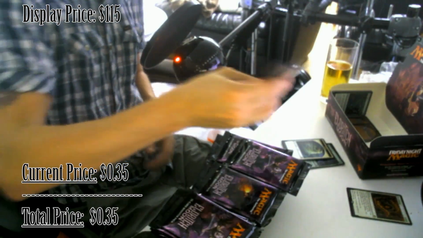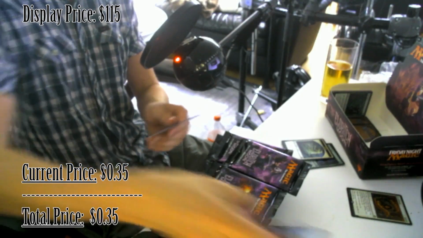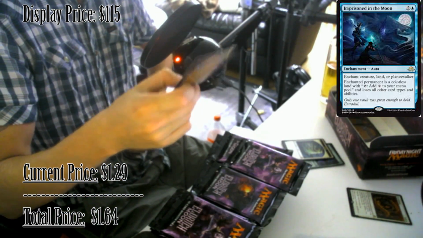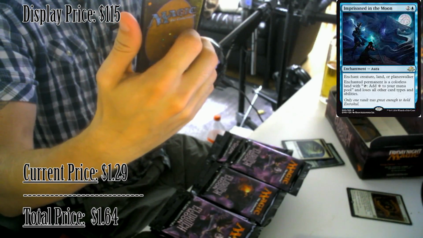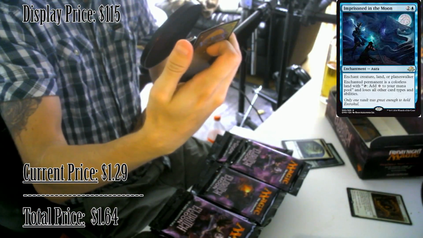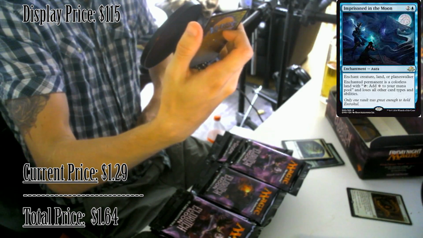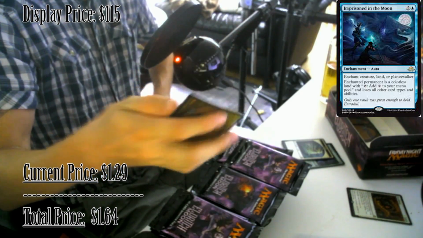We don't have any foils this time, but we have Imprisoned in the Moon. It's an enchantment, one blue and two colorless. You enchant a creature, land, or planeswalker. Enchanted permanent is a colorless land with tap, add one colorless